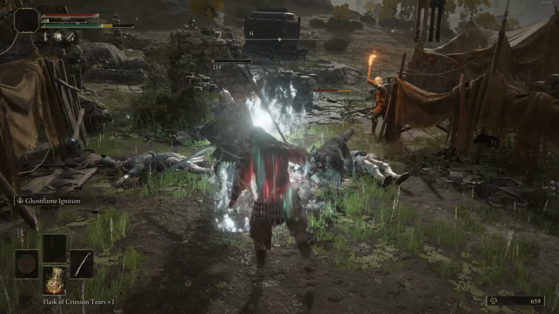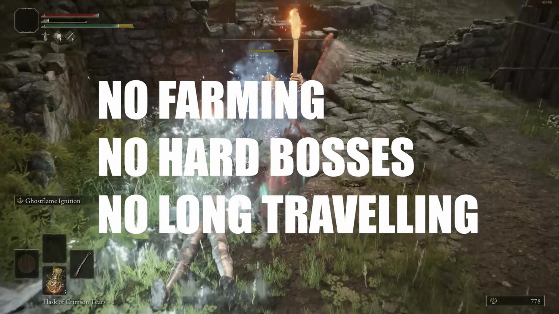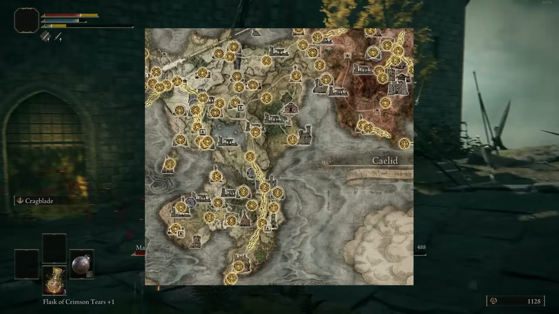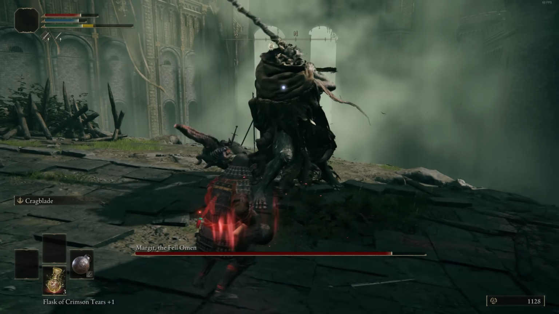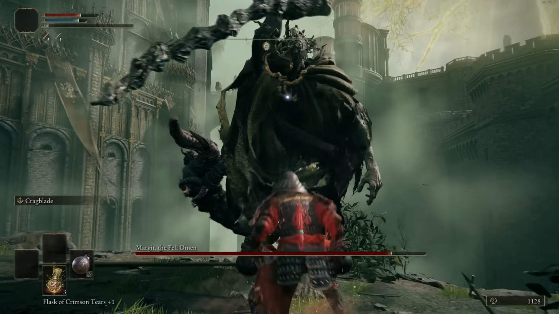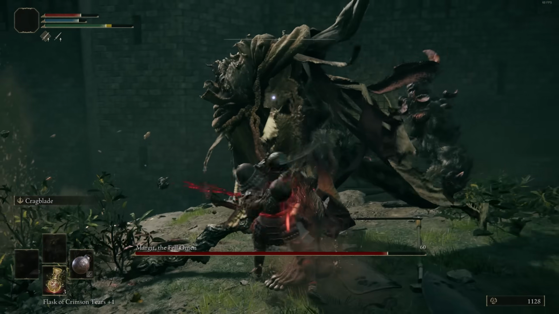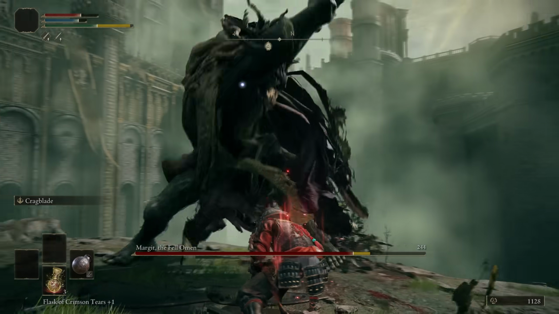So you don't have to do a bunch of farming, you don't have to kill any hard bosses to acquire these weapons. Now the only areas we actually are going to be traveling to will just be Limgrave, Weeping Peninsula, and some parts of Caelid as well. I'm not going to include any other areas, even though you can access a whole bunch of them very early on without having to kill other bosses, but just to make it more simple, we're just going to be including these locations. But also in this video, I'm going to tell you where to actually acquire the weapons themselves,